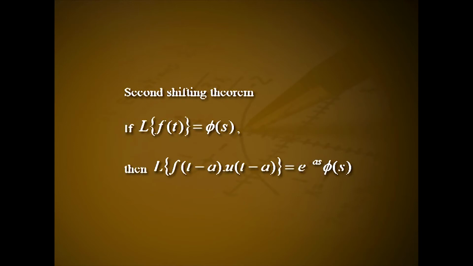Second shifting theorem. If L[f(t)] = phi(s), then L[f(t - a) u(t - a)] = e^(-as) phi(s). By definition, we have L[f(t - a) u(t - a)] = integral from 0 to infinity e^(-st) f(t - a) u(t - a) dt, which is equal to integral from 0 to a e^(-st) f(t - a) · 0 dt plus integral from a to infinity e^(-st) f(t - a) · 1 dt, which is equal to 0 plus